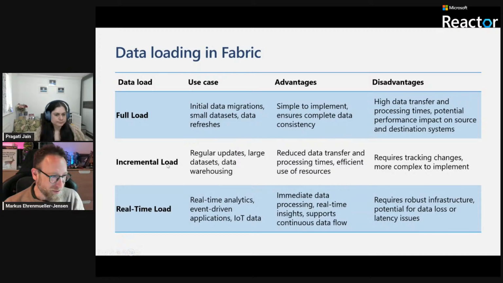For the incremental load, that's the goal if you need to reduce your data transfer, right? If it's just not going through, like the maintenance window is not big enough, because the night is not long enough, or you need to load it every 10 minutes and it's physically not possible to transfer everything within 10 minutes, then you have to think about incremental load. And there are different patterns you can have here.